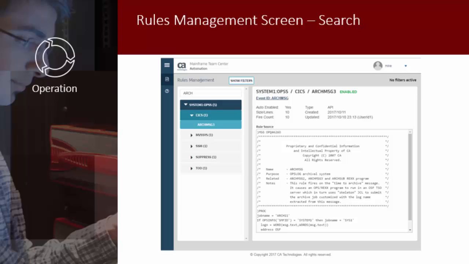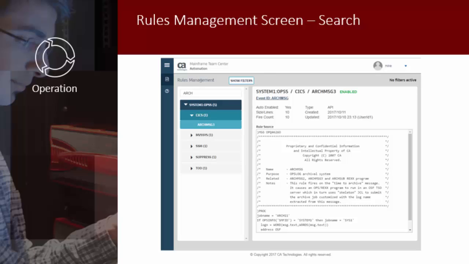To help locate a particular rule, MTCA includes two different mechanisms for condensing the number of rules listed in the rules accordion to show only those of interest. The first of these is a rule name search field located above the rule accordion list. If you know at least part of the rule name, you can type this partial name into the search field. As you type, the list of rules automatically adjusts to show only those whose name contains the specified search criteria. If no rule names contain the specified search criteria, you can restore the complete rule list by simply clearing the